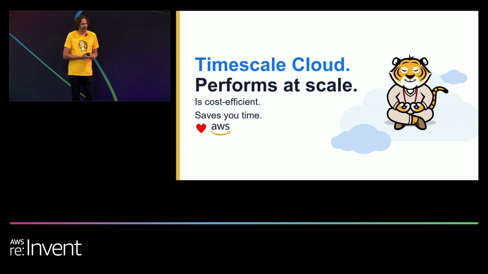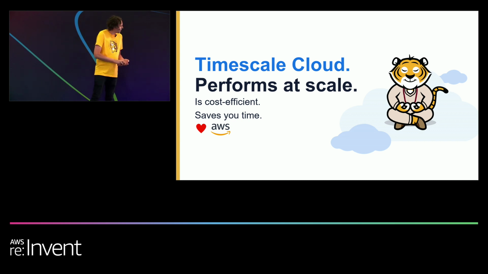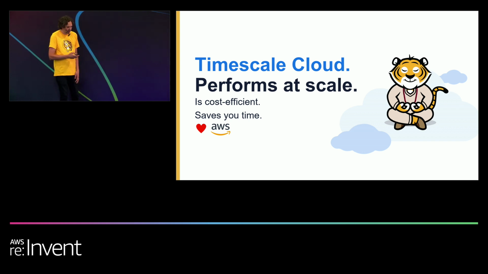So we integrate with CloudWatch, you can pair your VPC, and you can integrate with services like Lambda. Like if you want to stream data in from Managed Kafka, that's fine. If you want to push data in from IoT Greengrass, and you want to push data in from IoT Core, then that works really well as well.